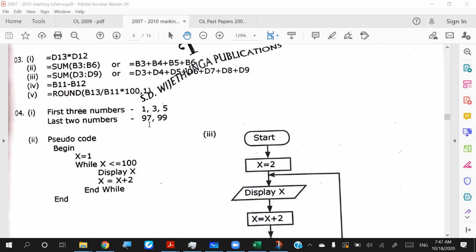So if you got those two correct, you have 4 marks, because it has very big workings for that, right? And for the previous question, the second Excel question, you are going to receive 2 marks for each part, and for the last part you can have the marks whether you did it or not, because it is out of syllabus, right? And here, it's better you do it like this. For the first three numbers you are having 3 marks, and the last two numbers you are getting 2 marks, so 5 marks for that particular part.